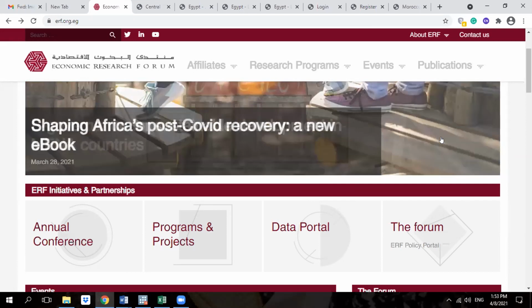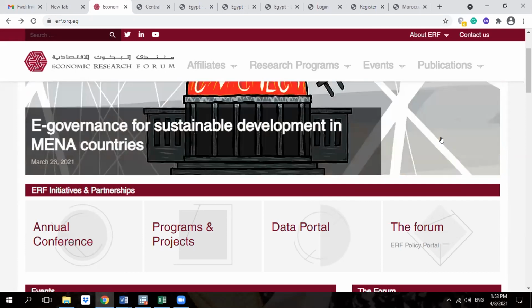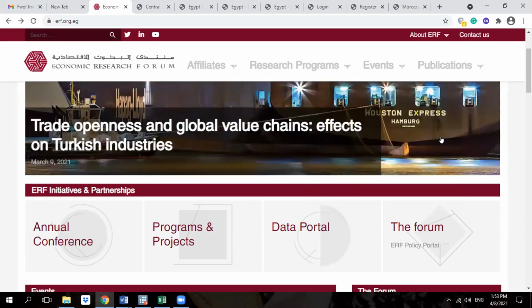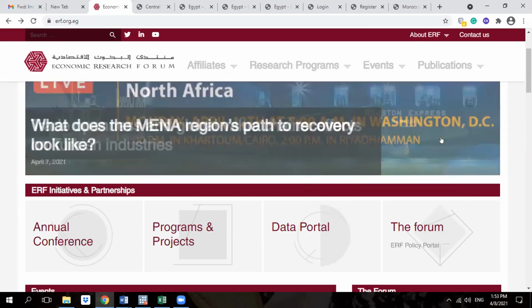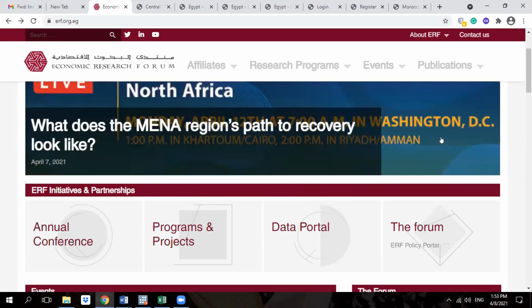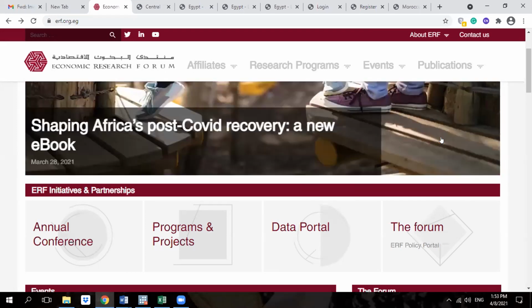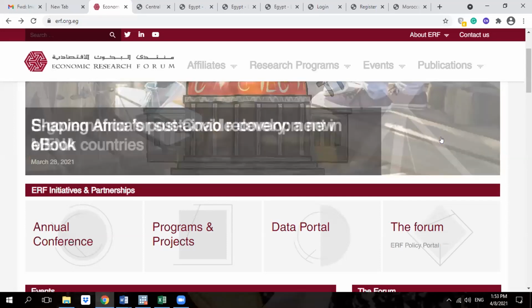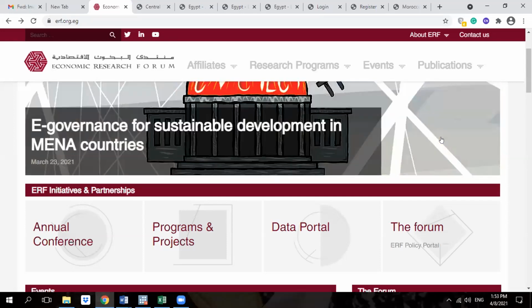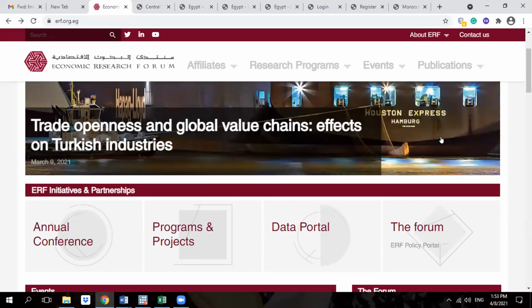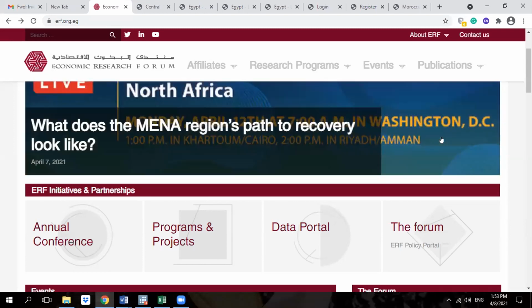We have new data. For instance, let me give you an example in Egypt. Right now, we have the most recent data for the labor force surveys and the household income and expenditure surveys, the HIECS. But actually, CAPMAS conducted other national surveys, like migration, gender-based violence, and child labor. So right now we are trying to negotiate with them in order to get these data and make them available for researchers.